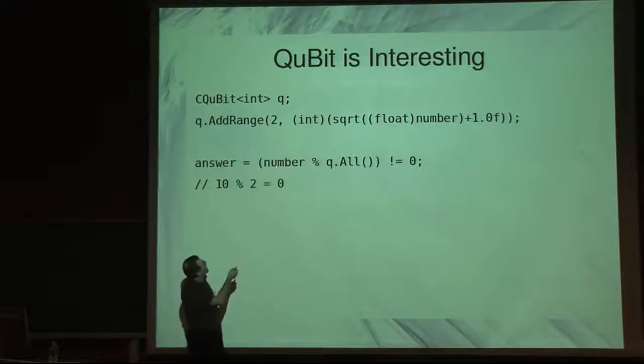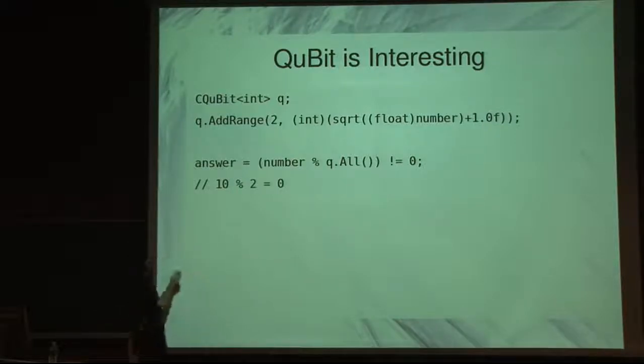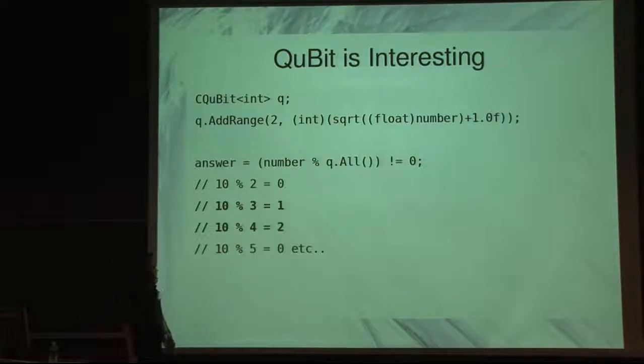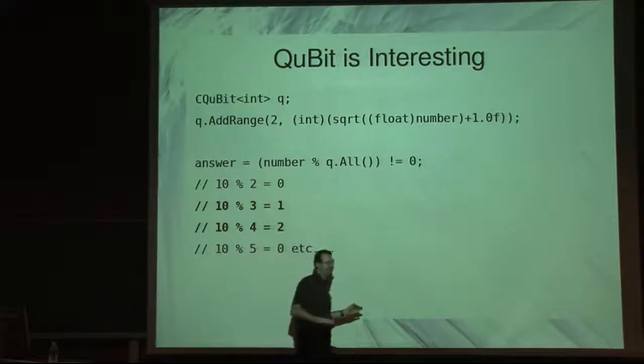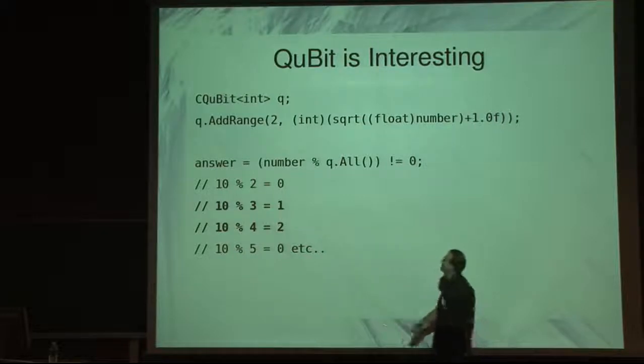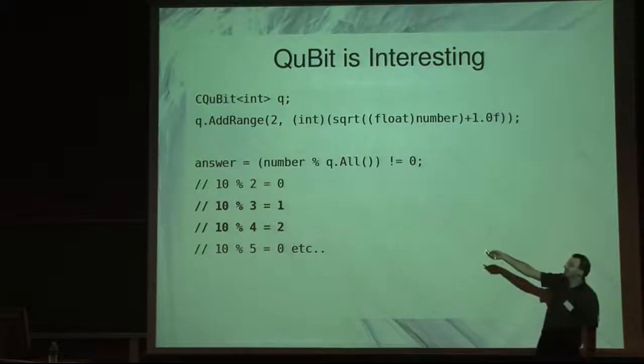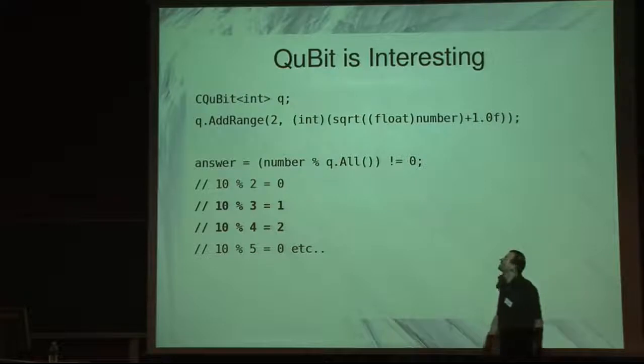So effectively, this performs the operation of 10 modulo 2, where the remainder is 0. At the same time, it does it with 3, and 4, and 5, and so on and so on. And you can see that the remainders are actually the same. So before I hit next, can anyone guess what happens now? I've got all my numbers between 2 and 10. I'm finding out which ones have a 0 remainder and which ones have a non-zero remainder,